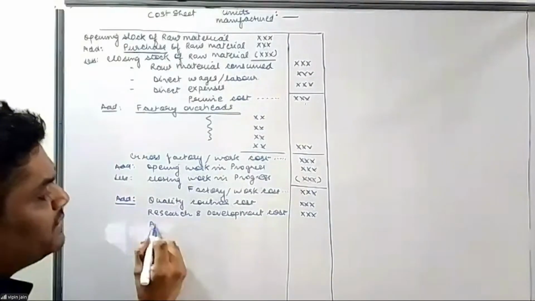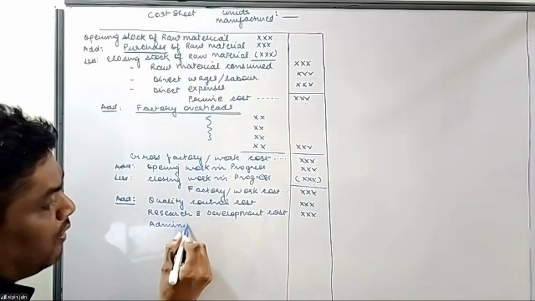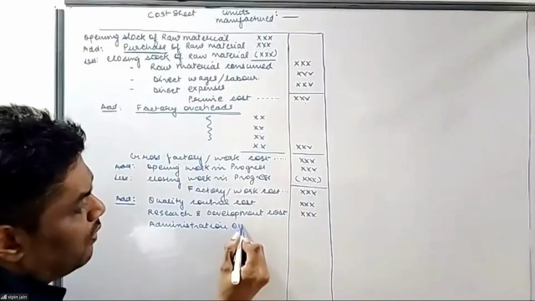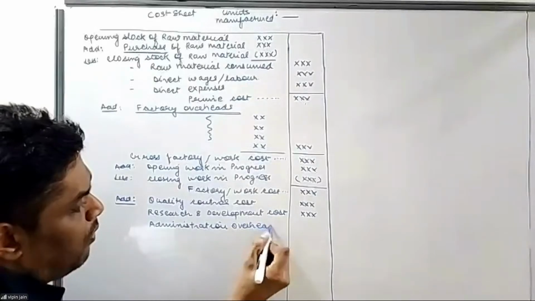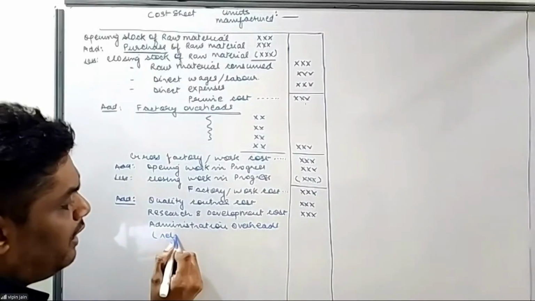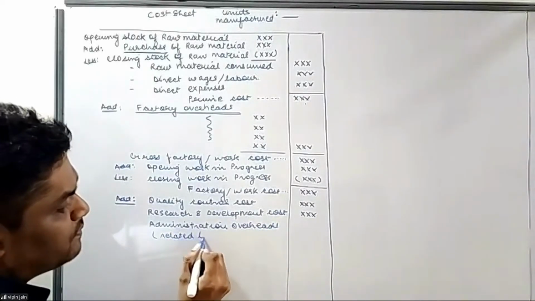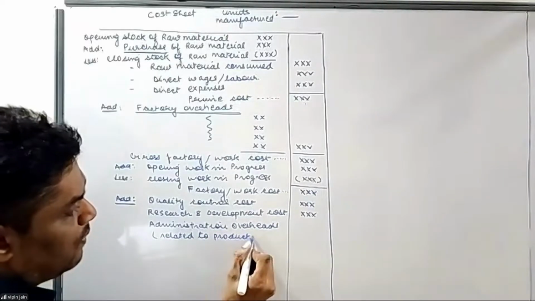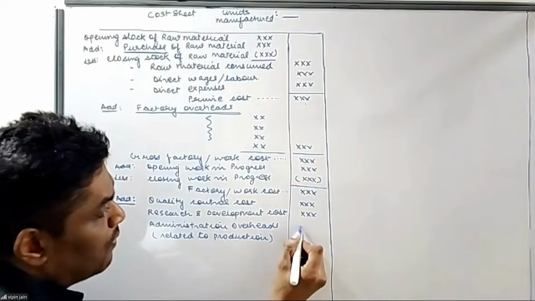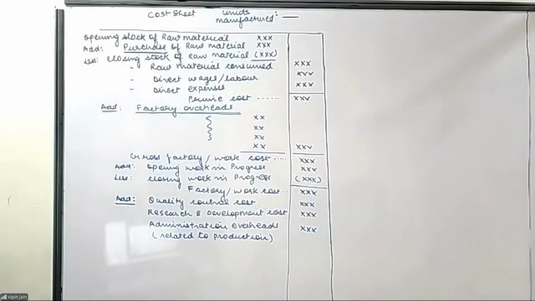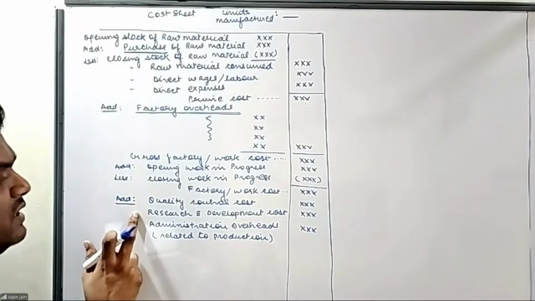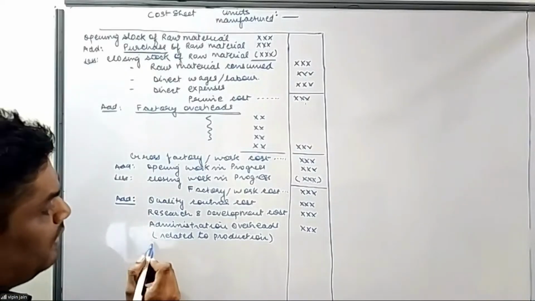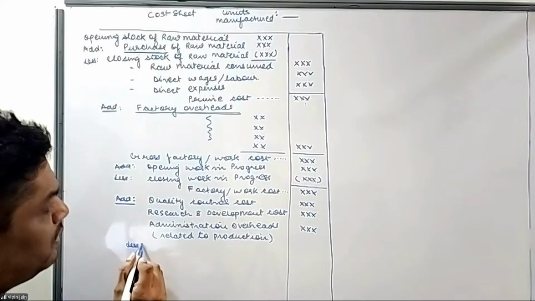The third one is administration overheads, very important, related to production. Quality control cost, research and development cost, administration overhead related to production, and we will subtract